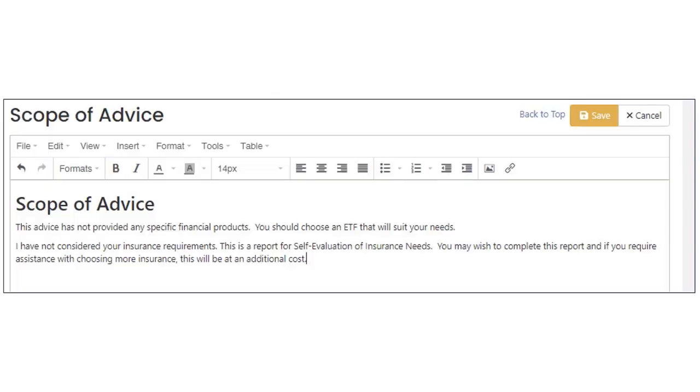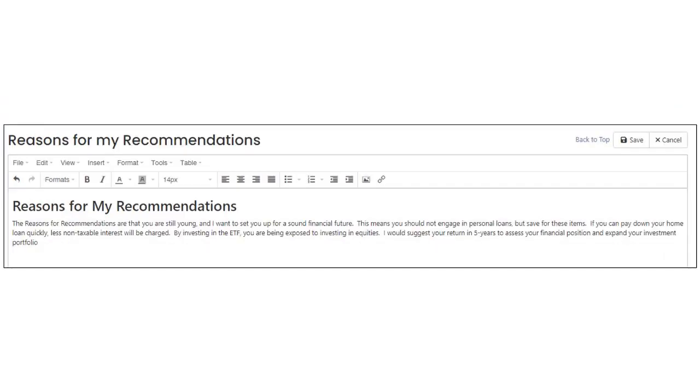The scope of advice states, "This advice has not provided any specific financial products. You should choose an ETF that will suit your needs. I have not considered your insurance requirements. There is a report for self-evaluation of insurance needs. You may wish to complete this report, and if you require assistance with choosing more insurance, then this will be at an additional cost." The reasons for recommendations are "that you are still young and I want to set you